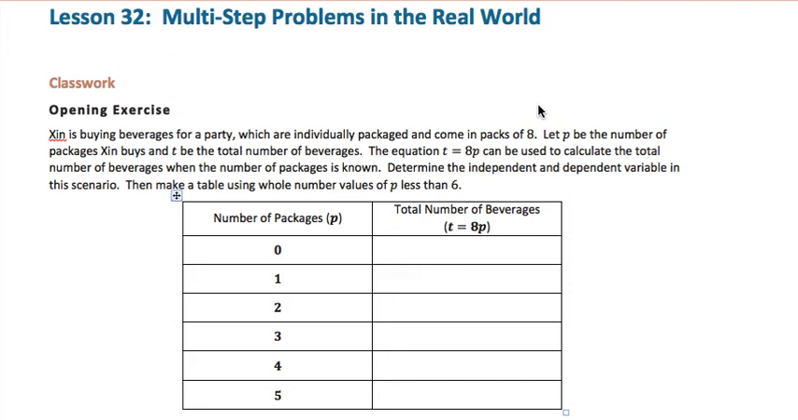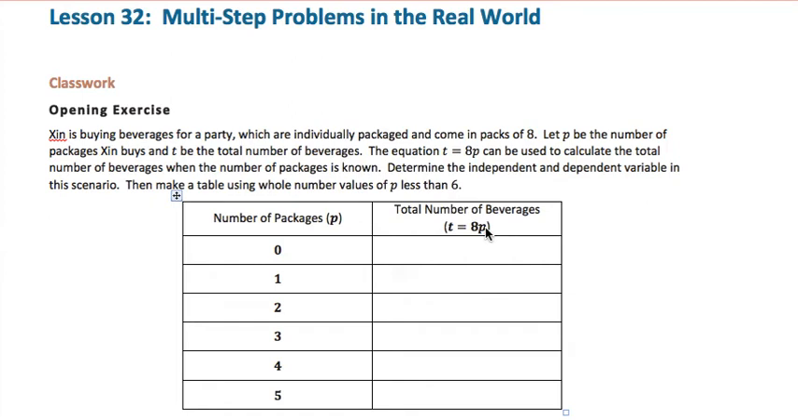In Module 4, Lesson 32, we're going to look at multi-step problems in the real world. So our opening exercise, which is normally reviewing what we did in the lesson before, we see that Chin is buying beverages for a party, which are individually packaged and come in packs of 8. P is going to be the number of packages Chin buys, and T will be the total number of beverages. The equation T = 8P can be used to calculate the total number of beverages when the number of packages